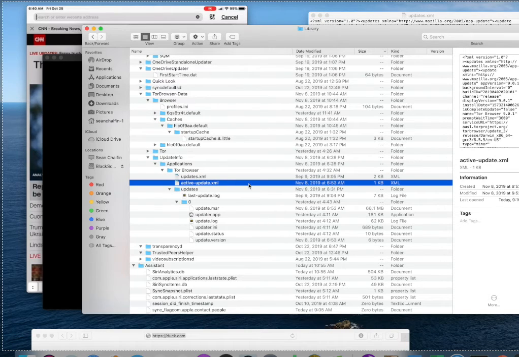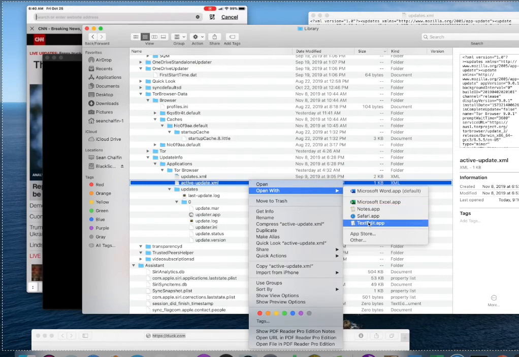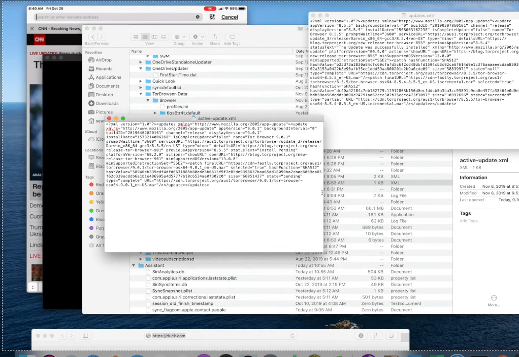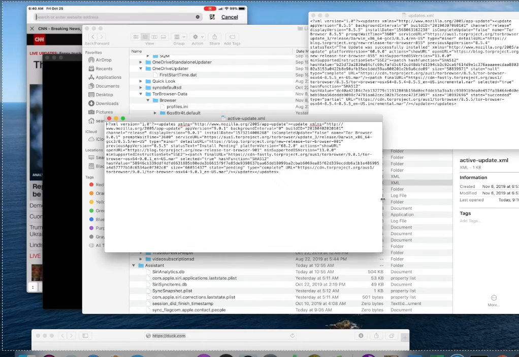This was November 8th. Now FASTLY has been hacking me since I discovered it on December 20th, 2018. And there is FASTLY with an active update XML file. And we're just going to cut and paste this